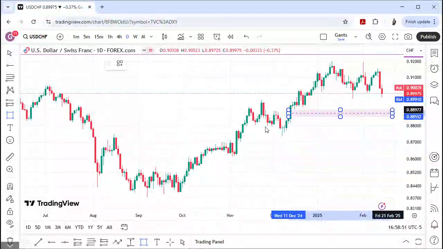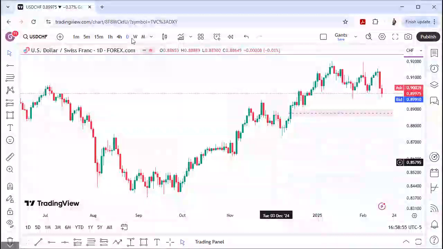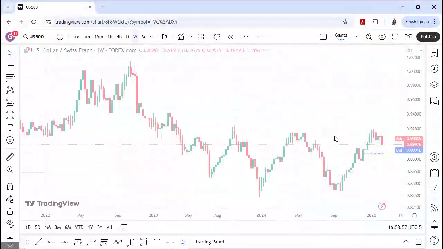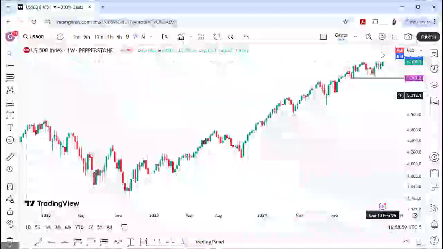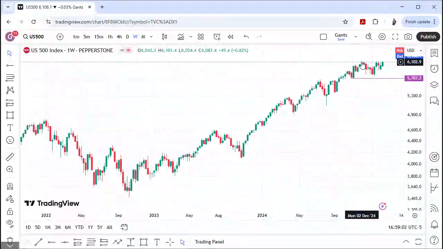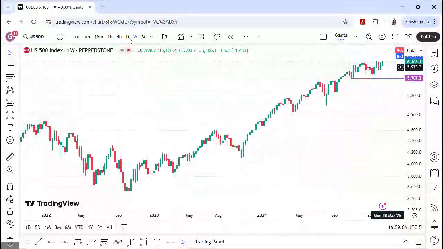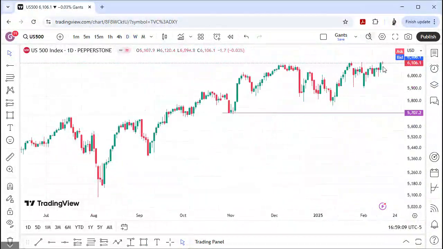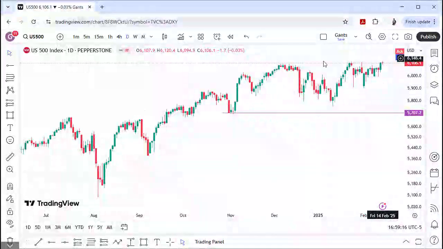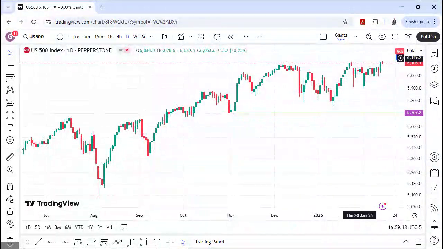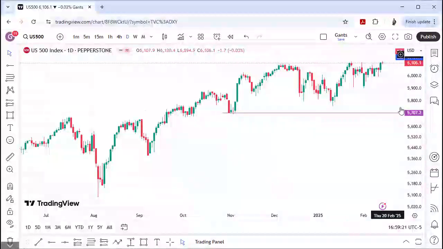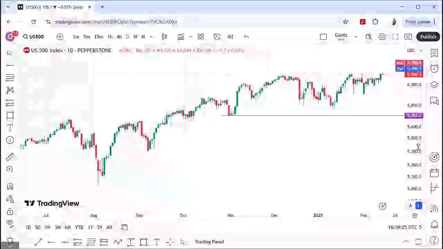All right, so that's what I'm looking at. Let's go to our indices. I told us that I want to see bullish movement up, that this is not the high. So it was bullish last week. I want to see it go higher. We had consolidation from Monday to Wednesday, then Thursday had the reversal to the bullish side. These are equal highs. It's not going to leave price here. I want to see an expansion to the upside and see if we could target the